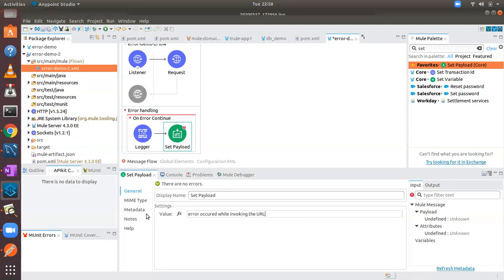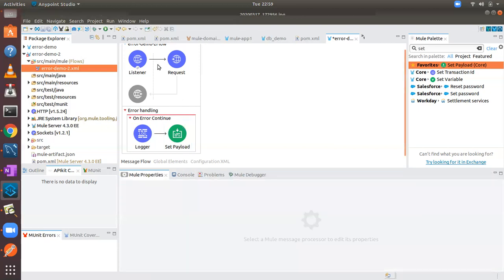I'm setting some text. So what happens if an error occurs over here? The control comes to this flow scope error handler, and the logger gets executed and set payload gets executed.